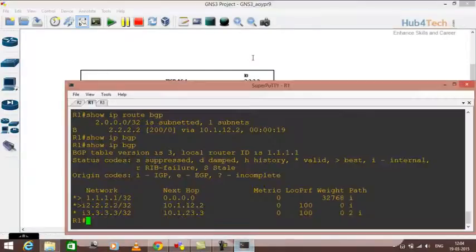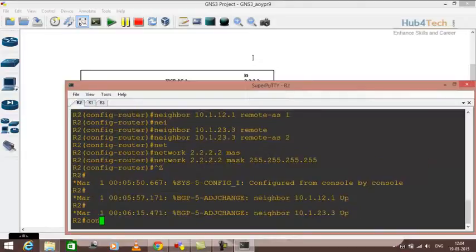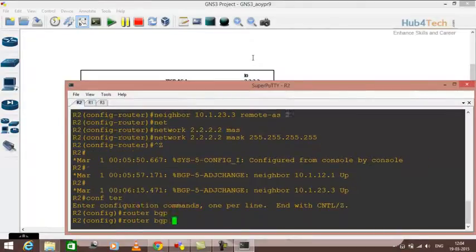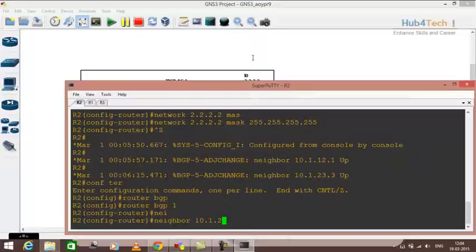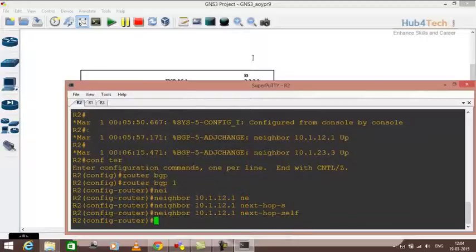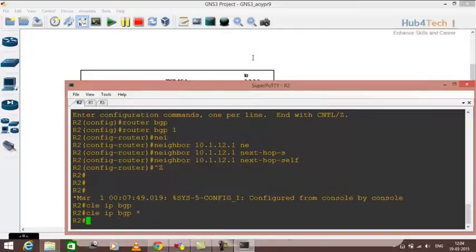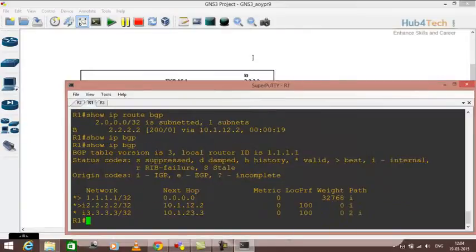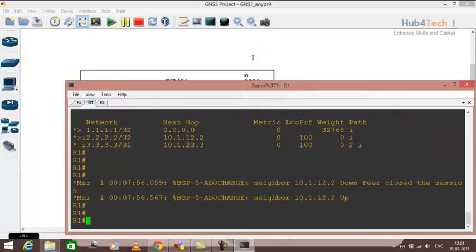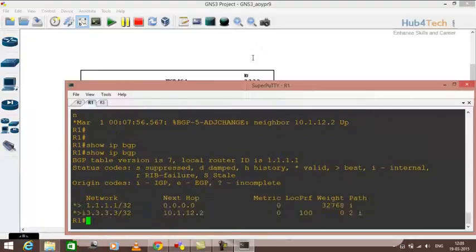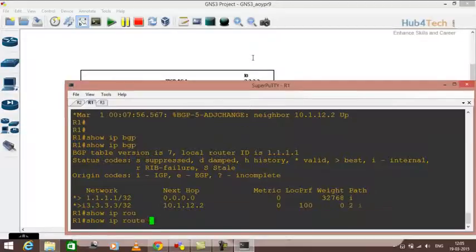For that, I have to go to R2 and type the command router BGP 1, neighbor 10.1.12.1 next-hop-self. Once I type this command, I have to recreate the BGP neighborship between R1 and R2. Now you can see that this is also the best route. So if you type the command show IP route BGP,